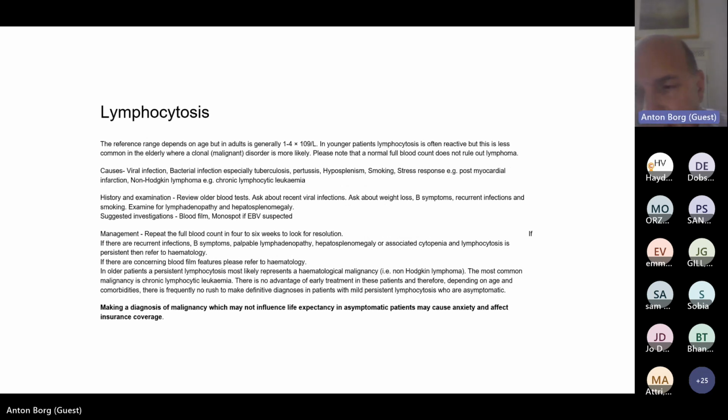Going to a high lymphocyte count, so really that's a lymphocyte count of more than 4. Actually, in our lab, it's more than 3.2, but that generally taken more than 4. It depends upon the range established for each particular full blood count machine. So remember,